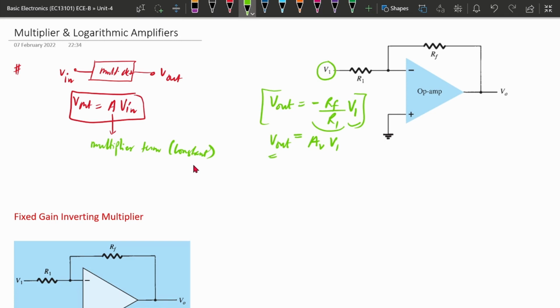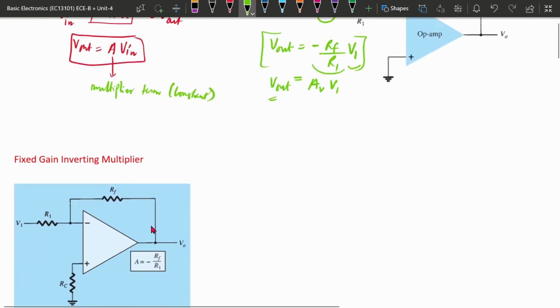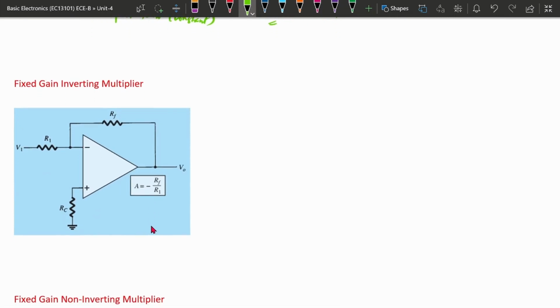A similar concept we will use to implement the multiplier circuit. The multiplier circuit that we are going to implement is the fixed gain inverting multiplier. We apply the input at the inverting terminal. The similar structure is there. The only difference here is that we are connecting a resistance RC to the non-inverting terminal. This RC is basically connected to reduce any offset